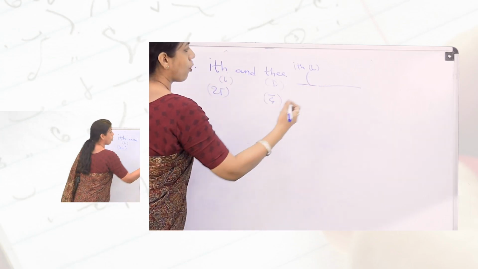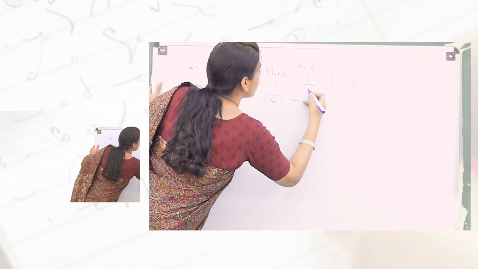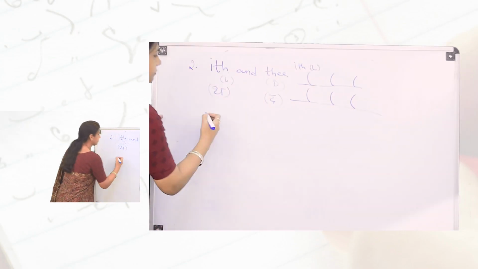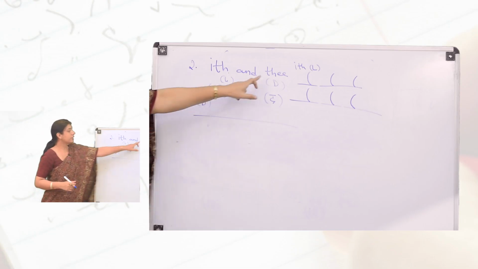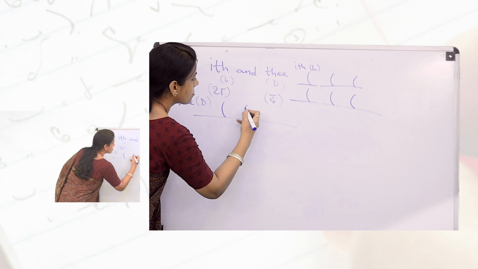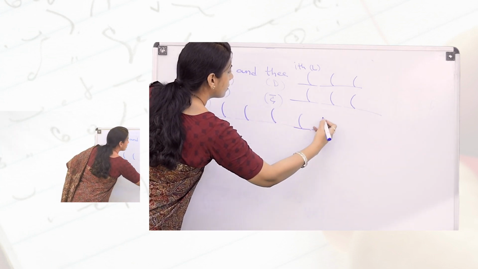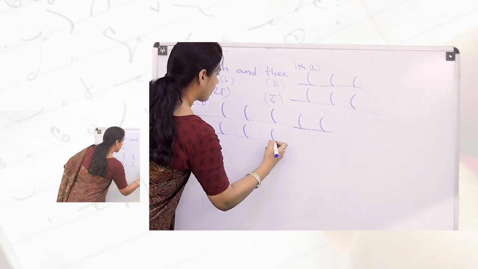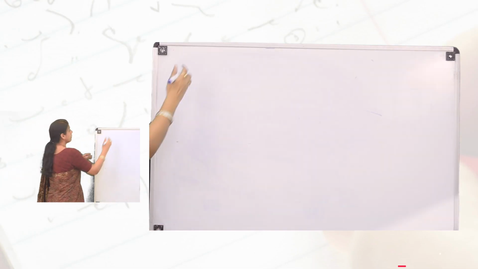Now a curve from top to bottom, like an open bracket. The way you make an open bracket, you can remember it like that, but actually it is a curve from top to bottom. Now the is exactly written in the same manner, but it has to be a darker consonant only. Then only you will be able to identify whether it is ith or the. So this is the second pair and a curved downstroke, ith and the.